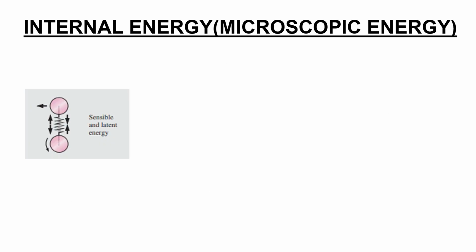Here we have discussed the sensible energy, and there is also a latent energy. What do we mean by latent energy? Latent energy arises when there is a change in phase. When a liquid evaporates to the vapor phase, it absorbs energy. That is the latent heat. When the water vapor condenses, it releases energy. That is called the latent energy, and it is also a part of the internal energy of the matter system.